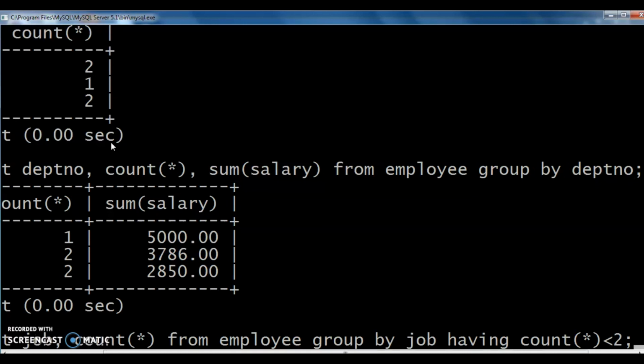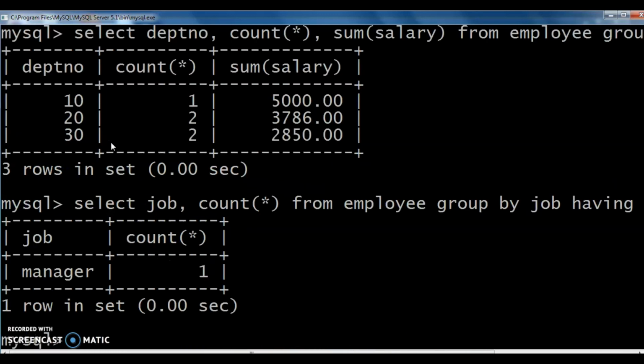So I used this HAVING clause here. What will happen here? According to that condition, here only Manager 1. Okay. Clear?